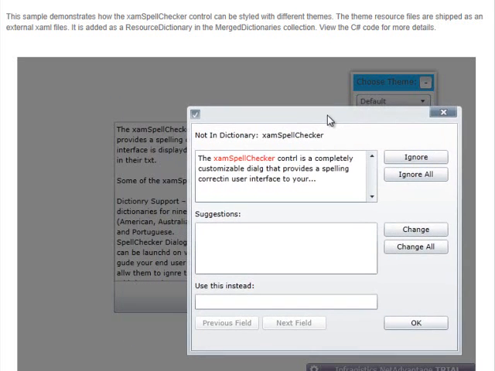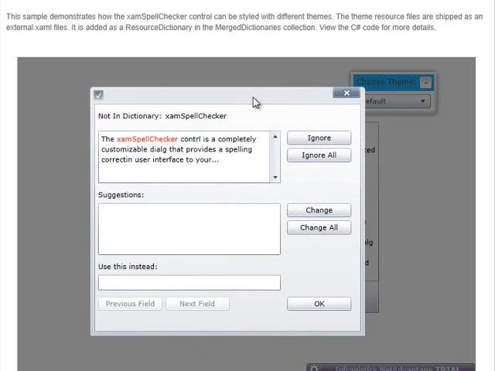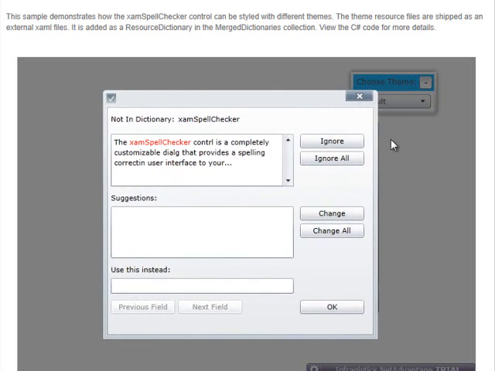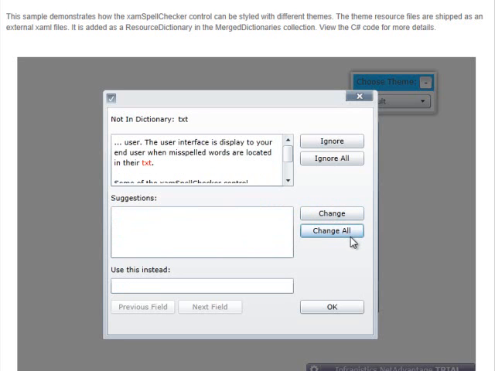And notice how the dialog is designed so that it's modal and you can't interact with anything behind it. So in this dialog window, you're able to ignore certain words, like for example, this is set up so that you can just ignore that word because that's an actual Infragistics term. Then I could actually change this word right here, I could change this one here, or select from a list of suggestions. So you could pretty much apply this, change all,